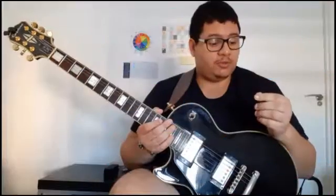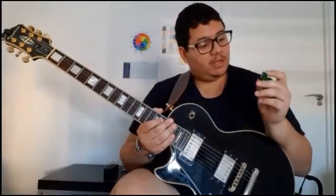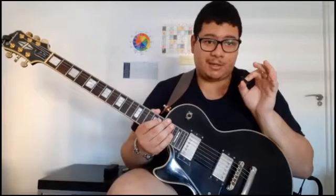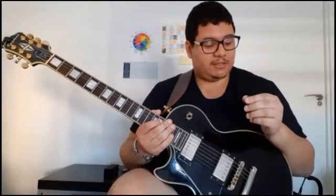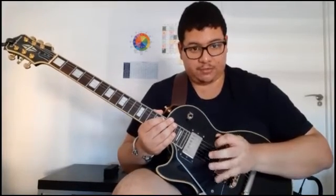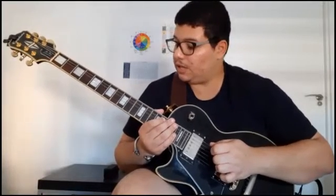So how do you fix your picking hand? Well, I have two approaches for that. The first one is pretty good, but the second one is insane, but it helps. So, the first one is just basically keep your hand as flat as possible, rest it on the bridge, assure yourself that your fingers are not dangling, keep them nice and tight, tucked in,